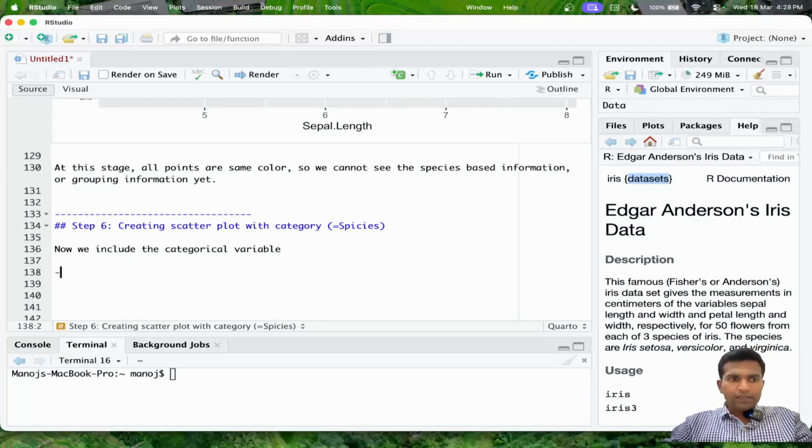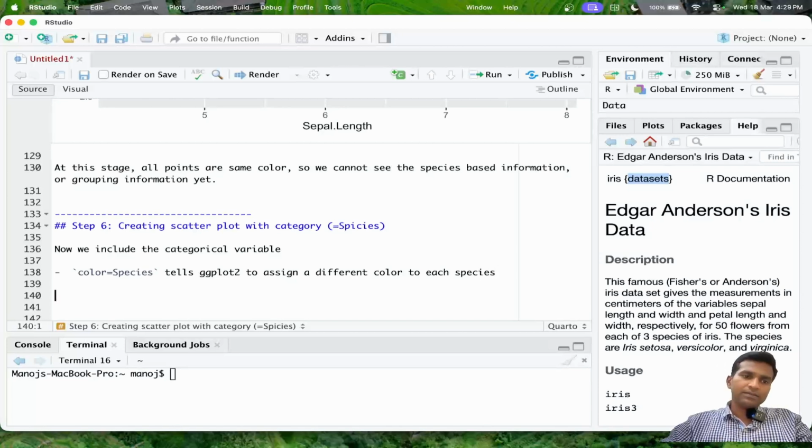The categorical variable we are going to define is color. Species is the categorical variable we are taking, and it tells ggplot2 to assign a different color to each species. Okay,